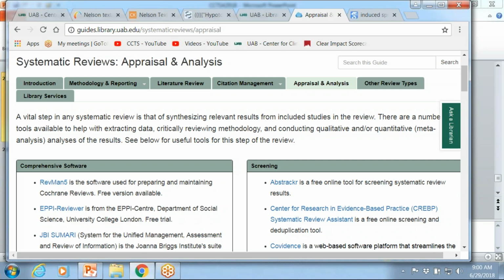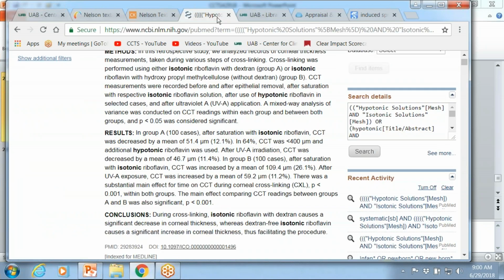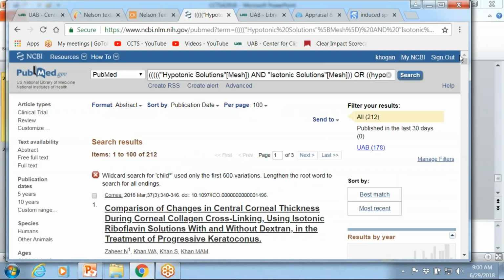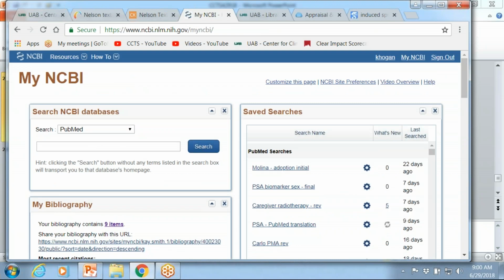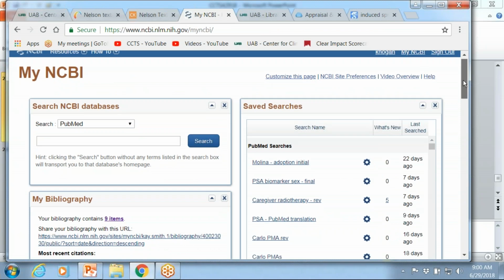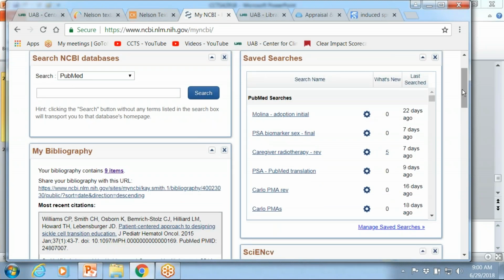Another thing I want to circle back on and just emphasize to everybody, when you do your MyNCBI, and again, if you're submitting grants, making sure you correctly identify the funding source is a big deal. Especially for federal funding, it's very important that you do that correctly and in a timely fashion. Because again, NIH will come back and say, why did you credit this? What happened there? So I really encourage you, if you haven't set up your MyNCBI, go ahead. And from our perspective, for the CCTS or a center grant, we can build alerts, searches, whatever, and they let us know when something's published that cited the funding source. So we're able to keep track of things.